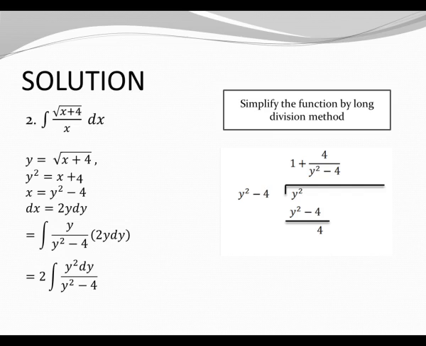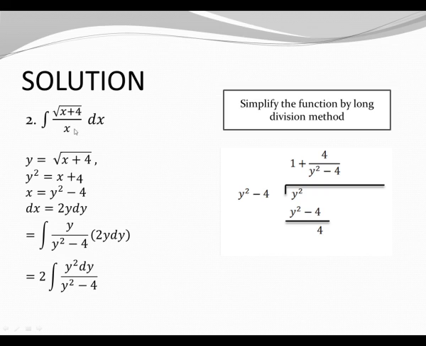Now, this is another example of integration by algebraic substitution, another technique where the given is a radical expression and this is not integrable directly because there is an excess x here. For the integration, we can use the algebraic substitution wherein we can replace the radical expression by any variable. So if we let y equal the radical form square root of x plus 4, we can replace this radical form.